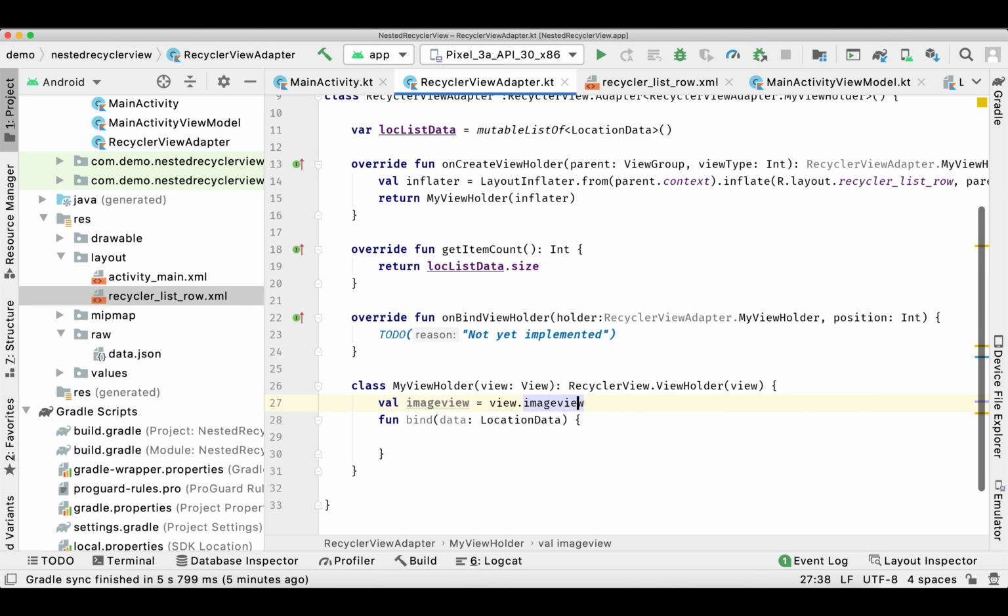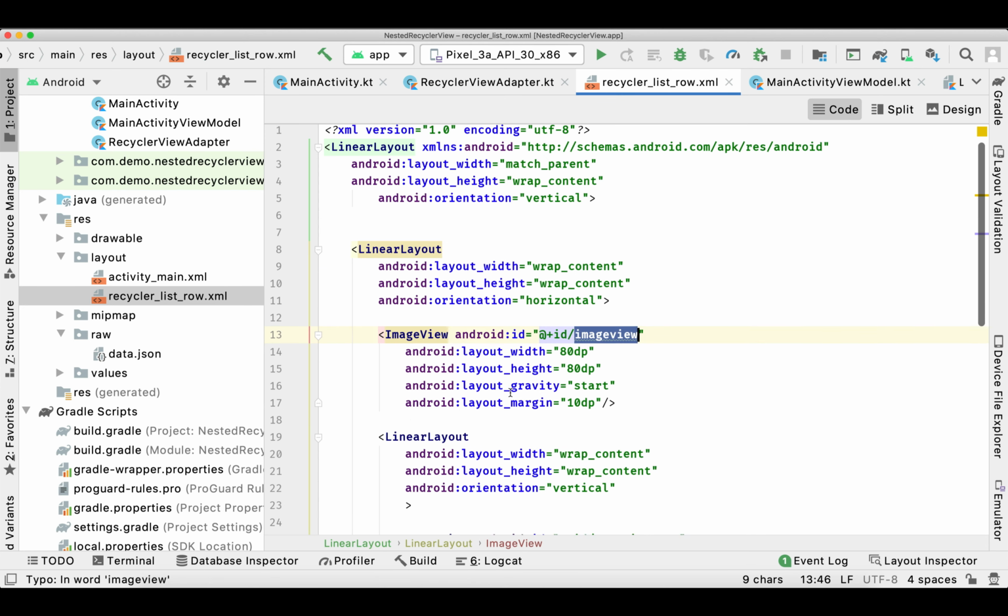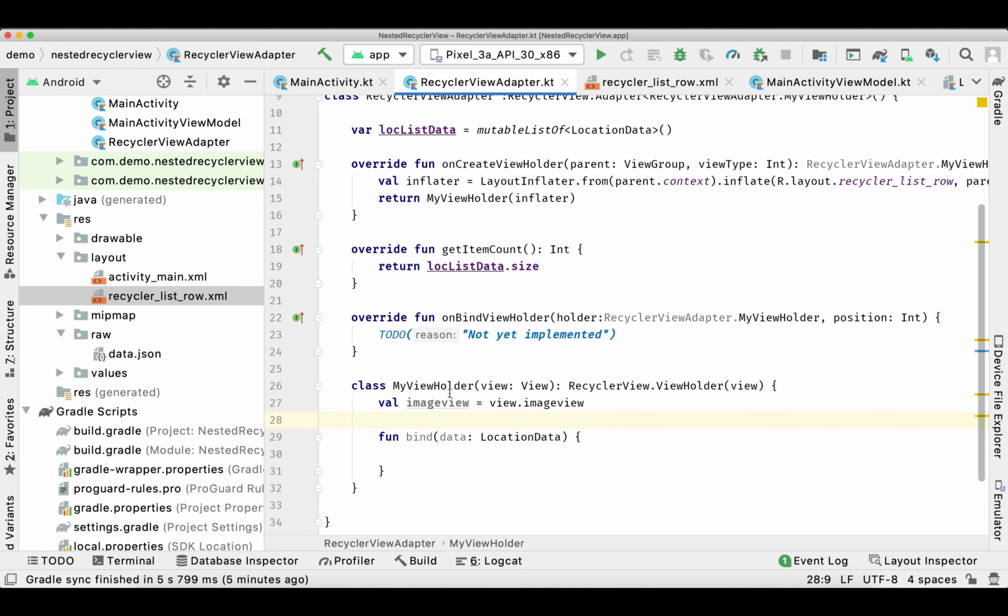We'll simply initialize our image view and two text views so that we can set the data inside our adapter.